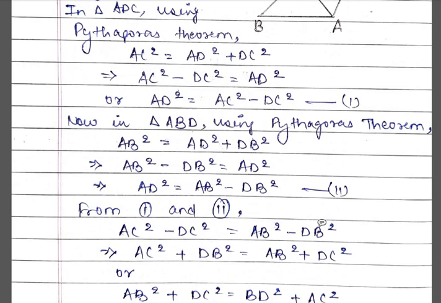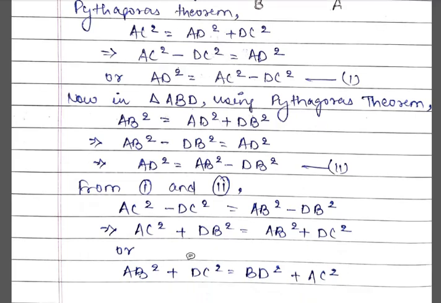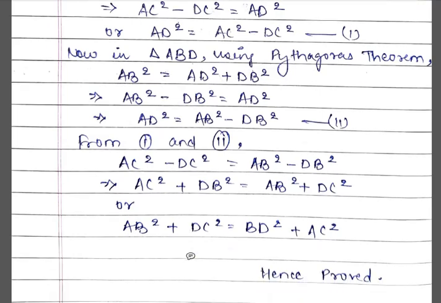Take the negatives to the other side, make them positive. So DB square comes to the left, becomes positive. DC square goes to the right, becomes positive. और इसी को जब हमने उल्टा करके फिर से लिख दिया, this was what was asked of me, and hence I have proved whatever I had to prove. आप देखिए, prove में यही statement दिया था हमें prove करने के लिए, and we have been able to prove. So it was not that difficult also. It was actually quite easy. Let's move ahead to see another question now.